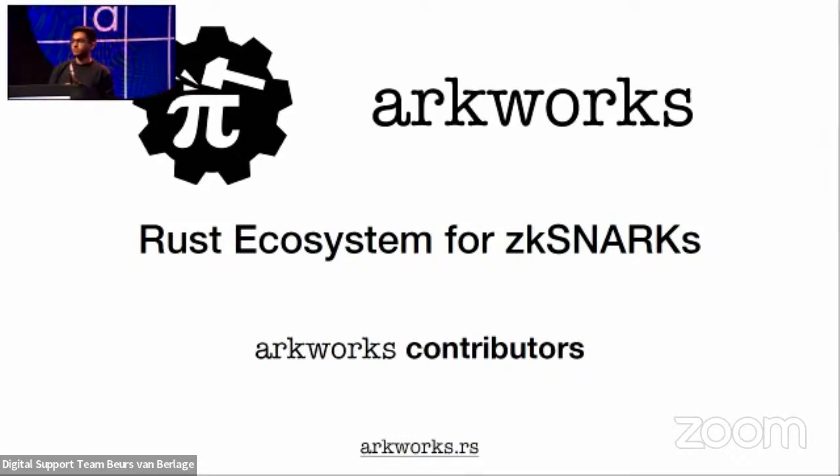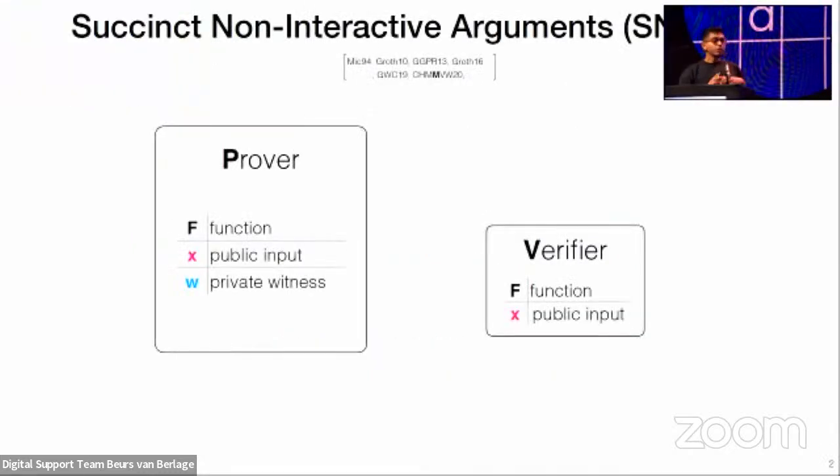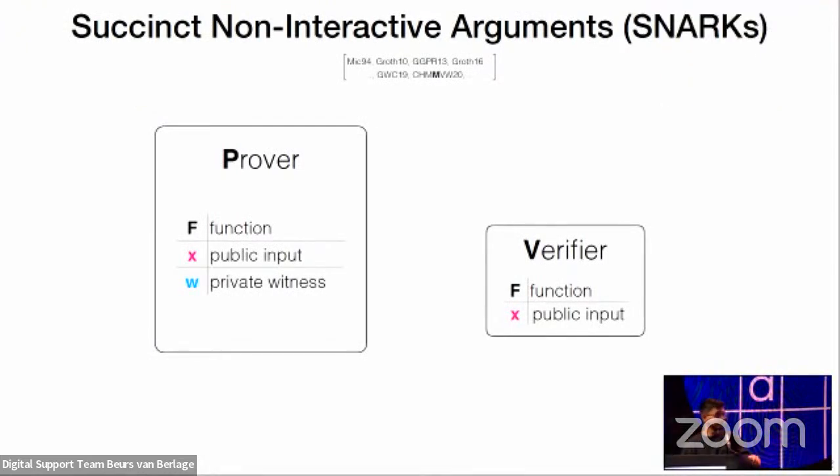Okay, let's get started. Before we can talk about implementing and programming with ZK SNARKs, we first have to figure out what these ZK SNARKs are. ZK SNARKs are a very special kind of zero-knowledge proof system where, in a standard way, you have a prover who wants to convince the verifier that some statement is true without revealing information about why the statement is true. The special properties that ZK SNARKs offer are two.